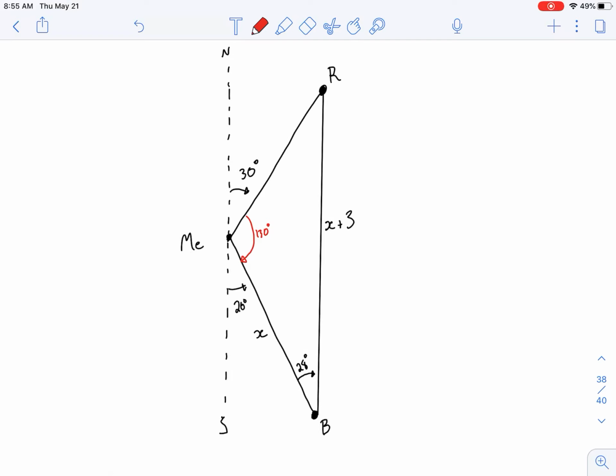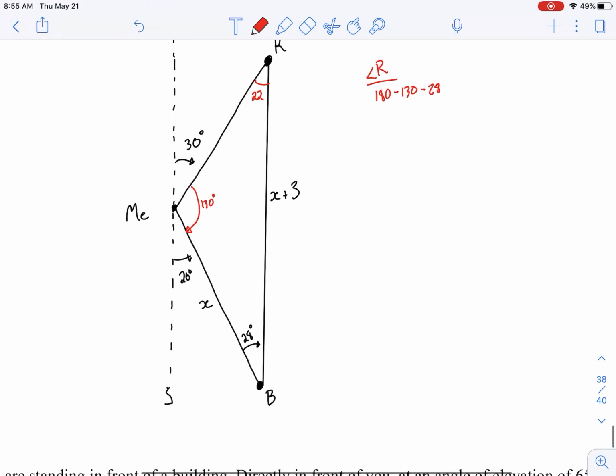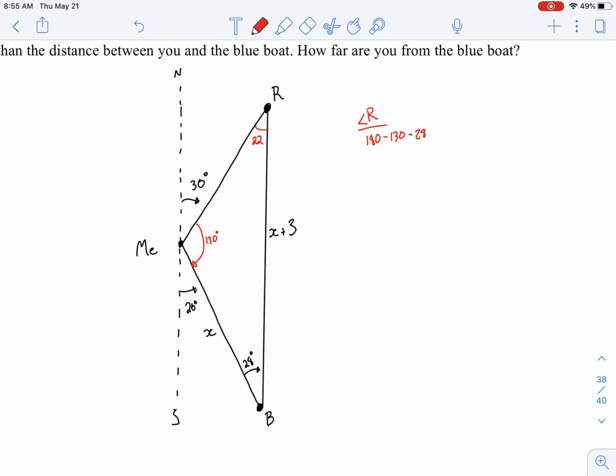Well, if that angle measurement is 130 degrees, then we know the 3 angles in the triangle, so angle R must be equal to 180 minus 130, 50 minus 28, leaving us with 22 degrees. So they do give us a bit of extra information with some quick math. Then we're looking for